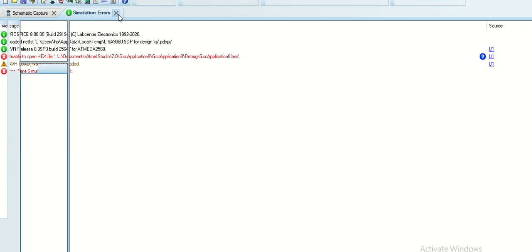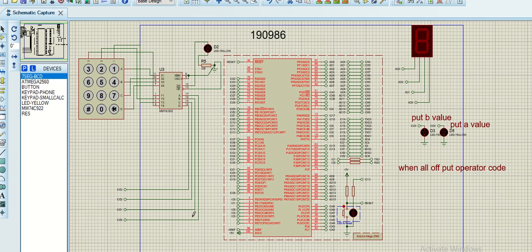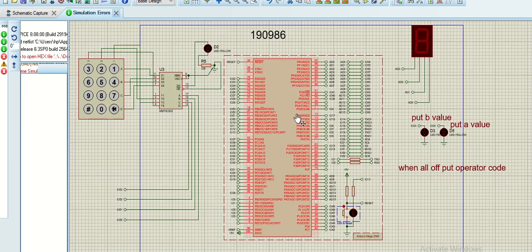Actually, I have to upload the file again. Now I have uploaded the file. Now it needs to be uploaded again.